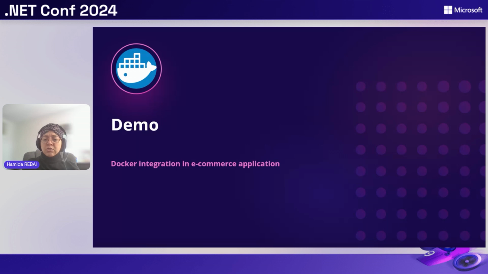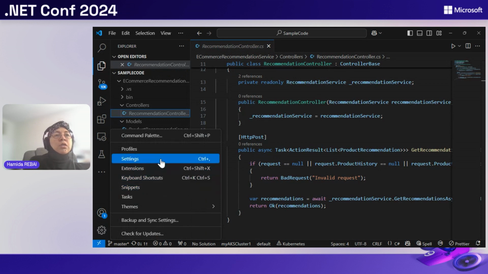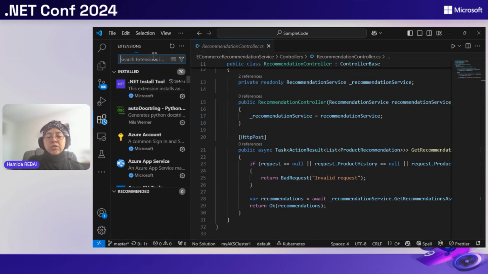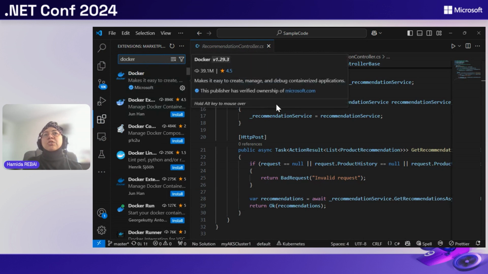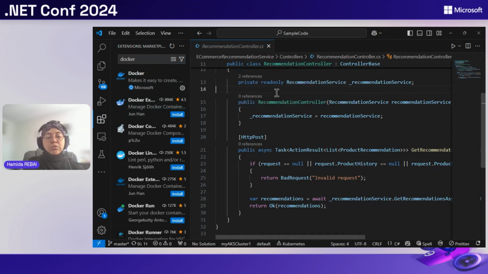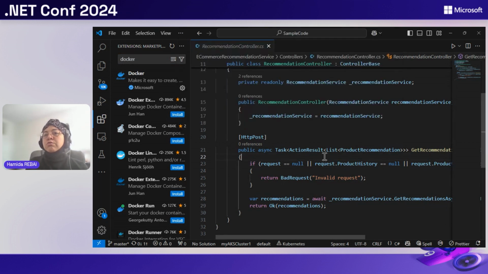To create your Docker file, it's really simple. You need to add it just with your Docker extension. So you can use the extension here, and you can use Control-Shift-P. And here you can just add the Docker file to workspace. It will generate for you a Docker file. It's a really optimized one. Else you can use command lines. You feel free.